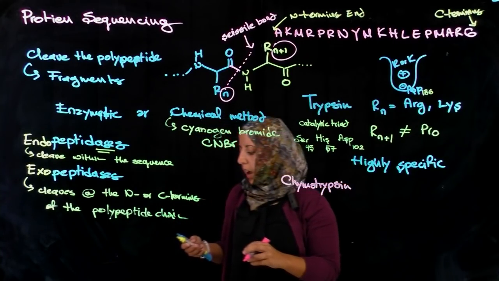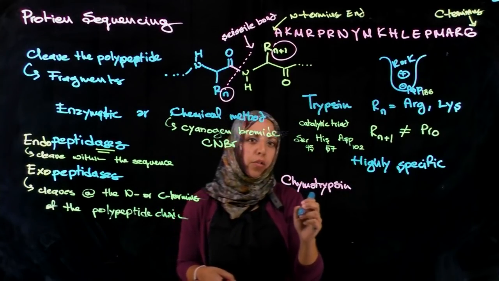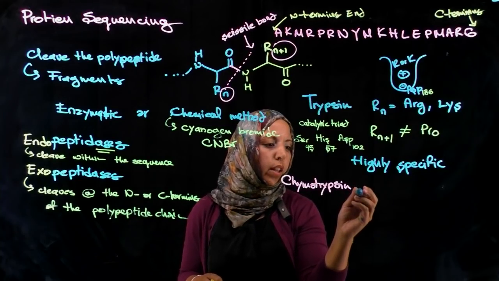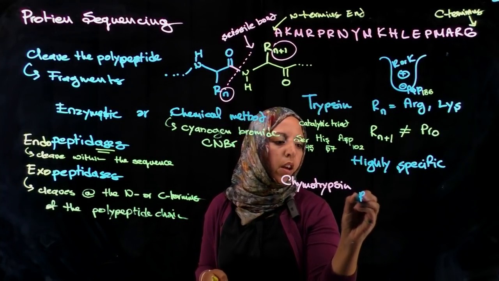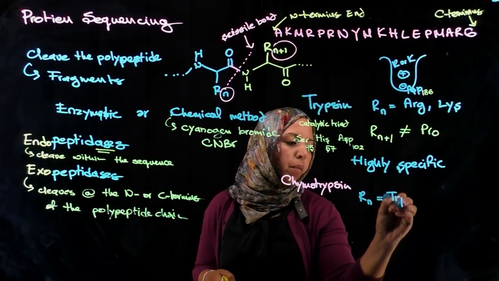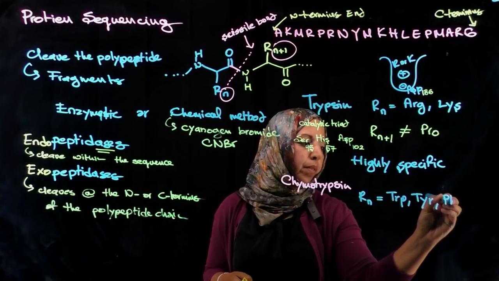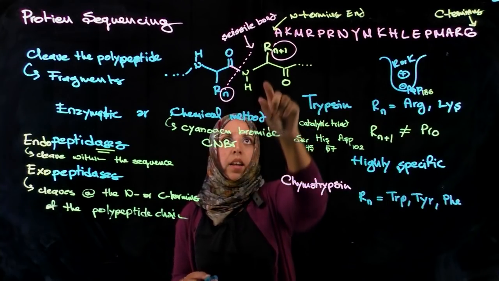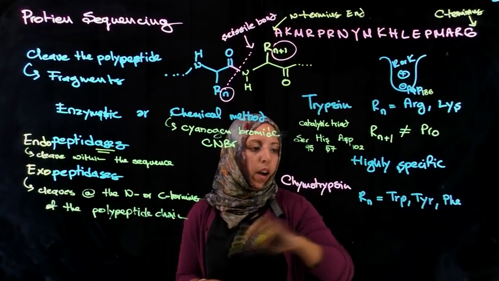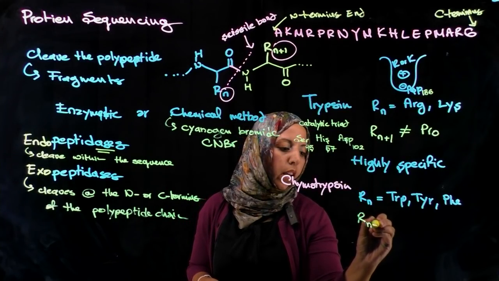Chymotrypsin cleaves after aromatic amino acid residues, or hydrophobic and aromatic amino acid residues, where Rn is either tryptophan, tyrosine, or phenylalanine. And as long as the next amino acid in the sequence, or as long as Rn+1